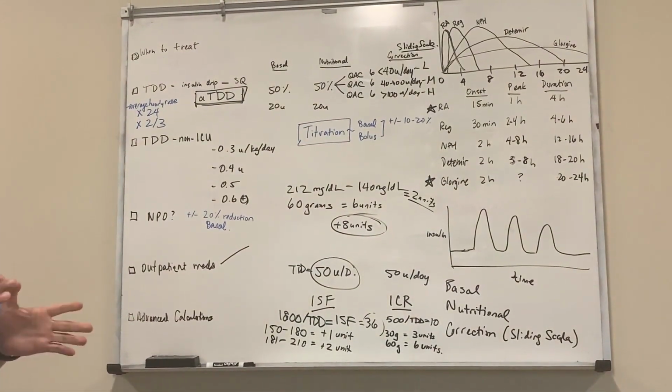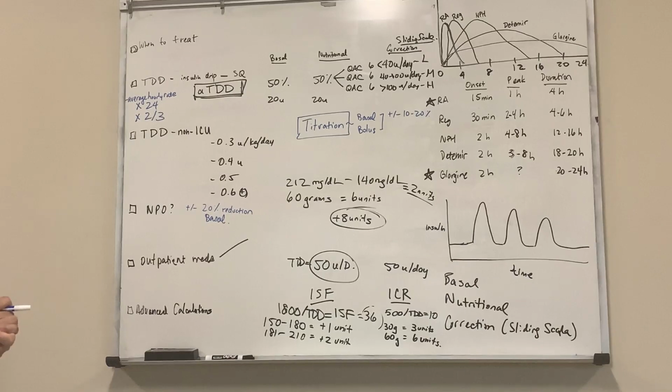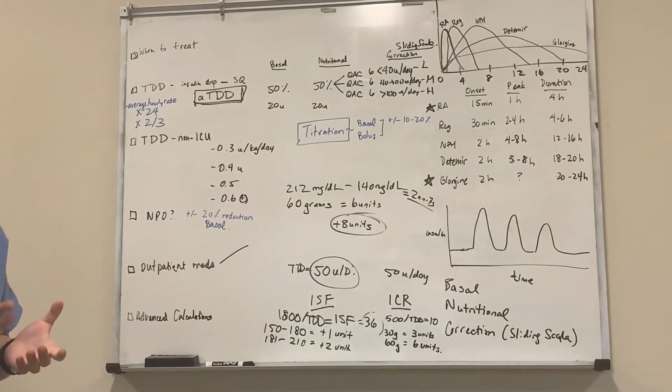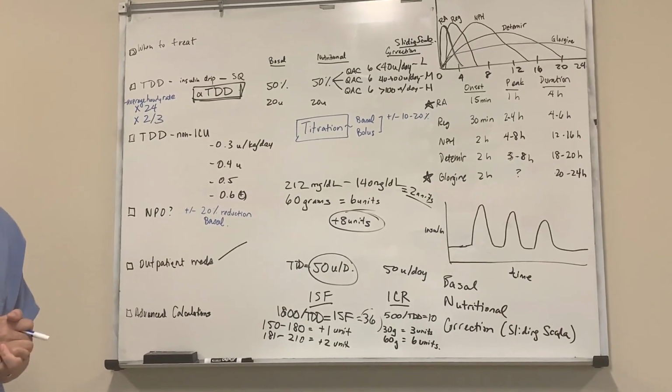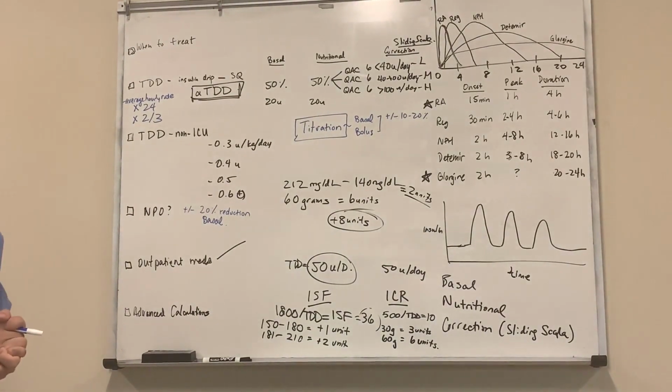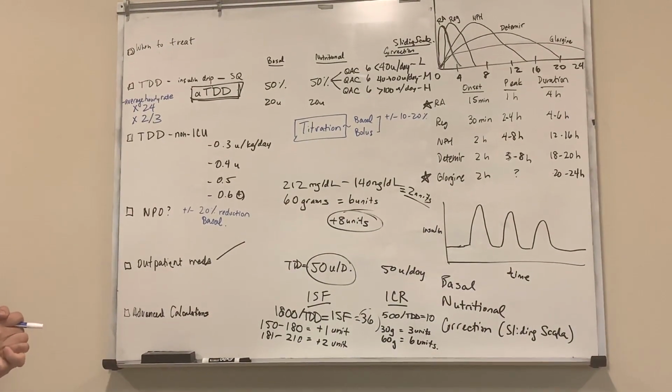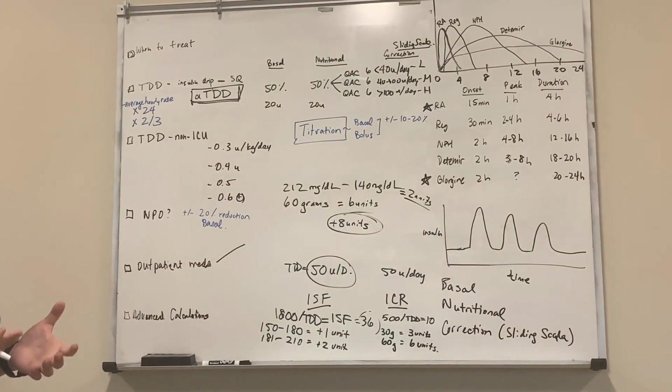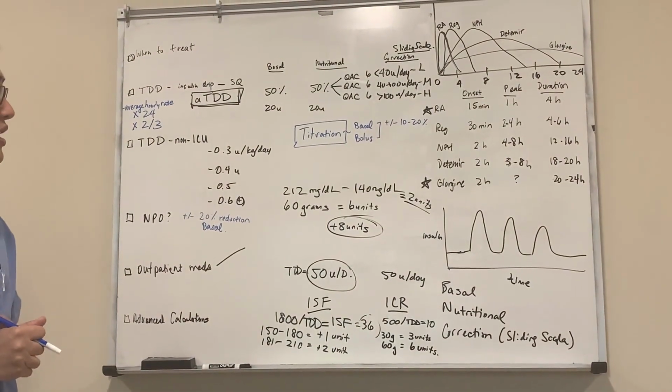Now, I'm going to try to cover a couple different scenarios. Say someone is in an ICU, intensive care unit. The insulin drip is probably the most practical and the most recommended way of addressing hyperglycemia in an intensive care unit. When you're deciding to transition someone off the insulin drip onto a subcutaneous regimen,